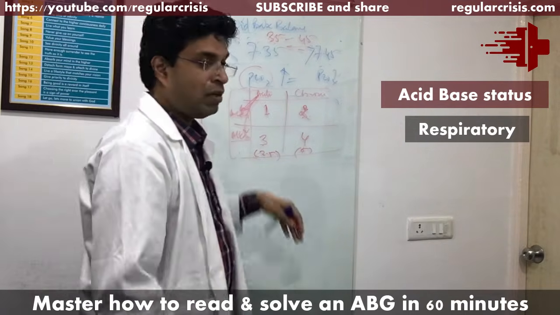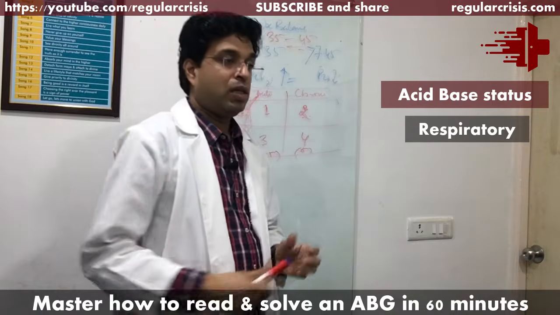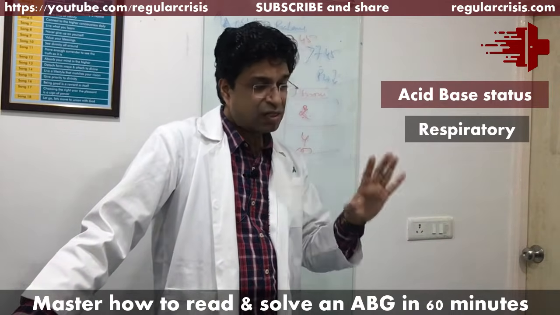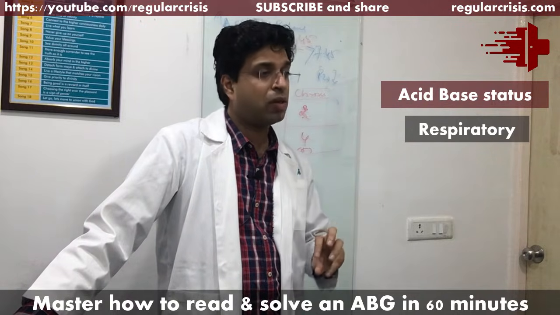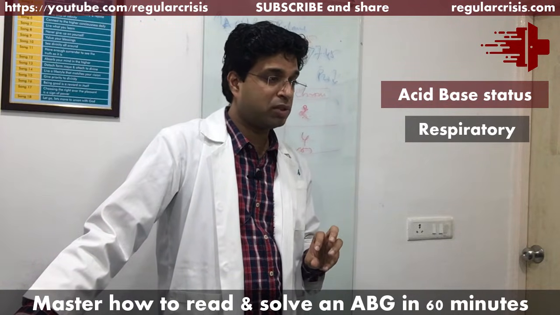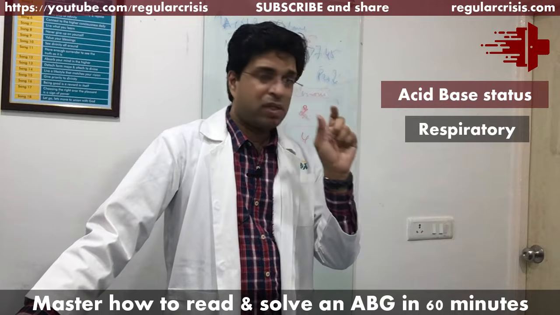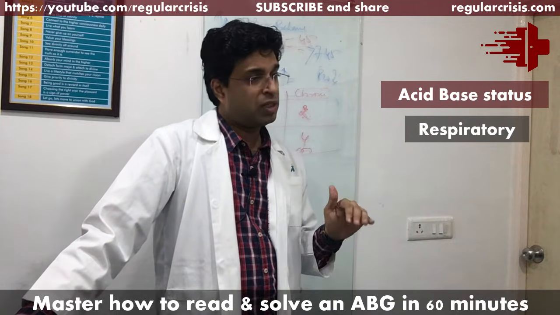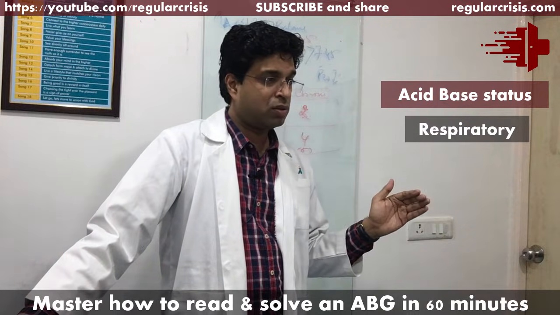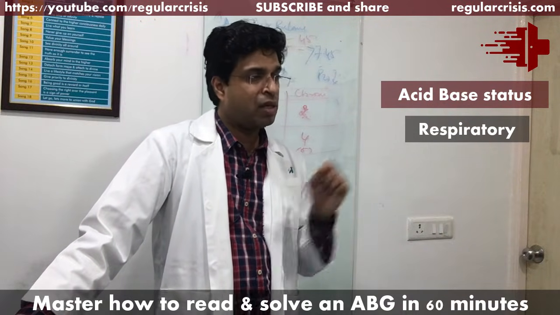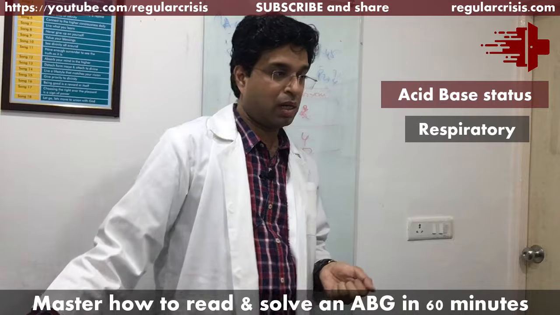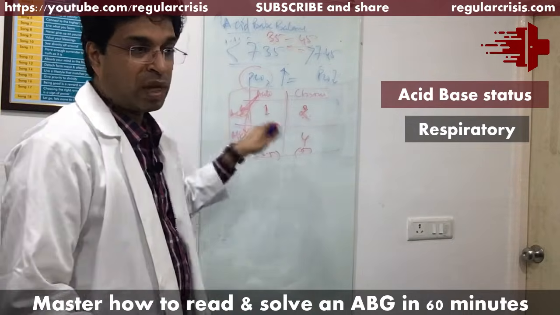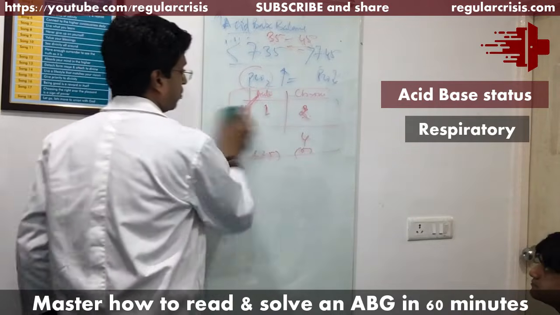Correct? So in respiratory disorders, you need to calculate whether it is an acute disorder or a chronic disorder. You need to look out for the compensation. We'll do a very short session of 15-20 minutes to look at whether it's acute respiratory acidosis or chronic respiratory acidosis separately, but I am just giving you a hint here. How will you differentiate this? Is this clear now? How much the bicarb will adjust for every change in the PCO2.